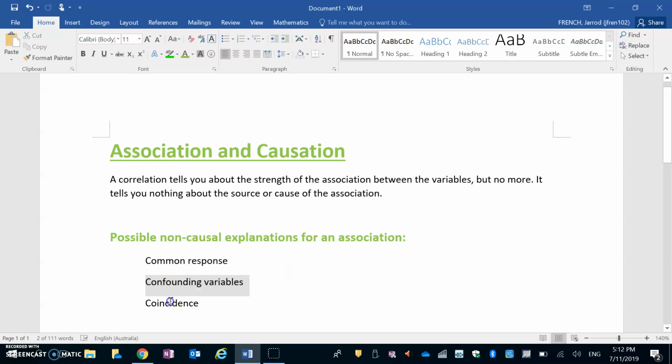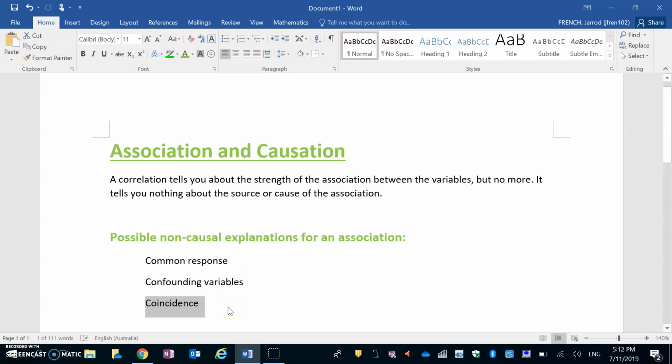The very last thing we're going to go through is coincidence. If we were looking at statistics and say people that consume more butter in America have a direct relation to higher divorce rates. If there was a strong correlation between divorce rates and consuming butter, we can say, well, that isn't likely, and it is just a coincidence that people who consume more butter are more likely to be divorced. There is no actual theoretical logic behind that. It is purely a coincidence.